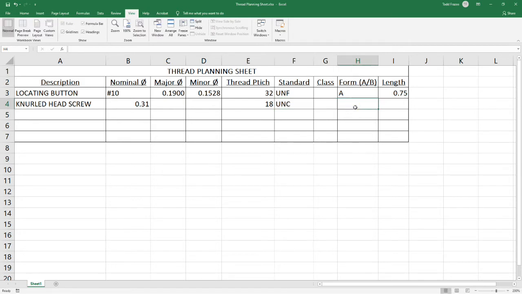And we're doing an A thread again. And the length is 1.5 inches. Now you notice the drawing has the shaft is actually 1 3/4. So that means that there's a shoulder where there isn't any thread on the bolt. It's not a fully threaded bolt. Okay, moving on, we're going to find out what the major and minor diameter of this particular screw.